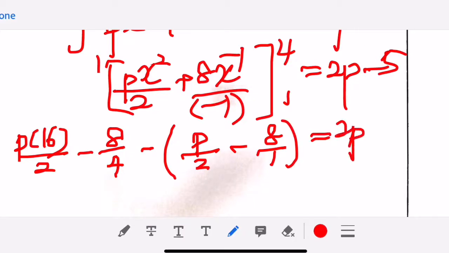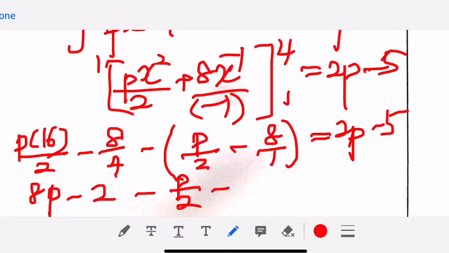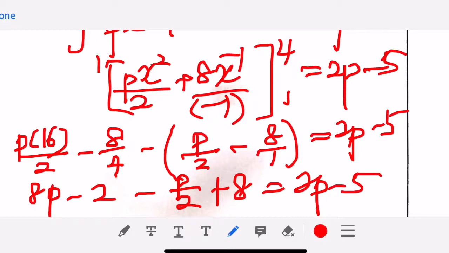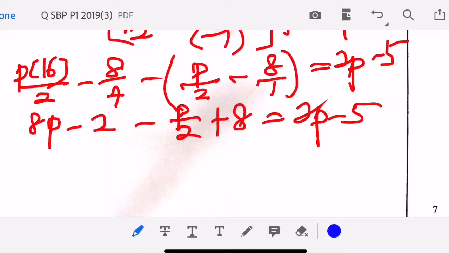Be careful because there is a negative. Then you simplify to the simplest form. So 8p - 2, then minus p over 2. Then you simplify further. Because there is a over 2, we simplify the p first. It becomes